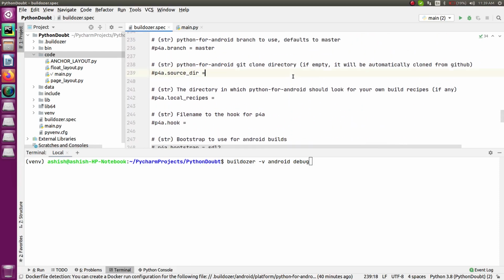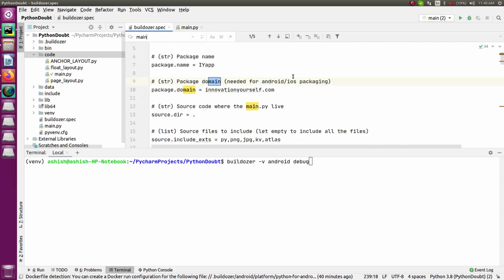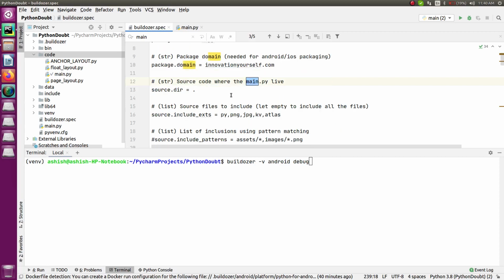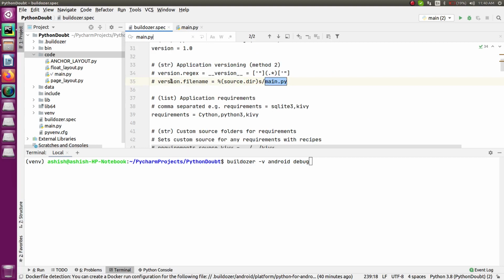That's the reason we give the name main.py every time. Let me show you again over here. Can you see the source file name, and the file name is main.py, and this is the default one. That's why we are specifying this.